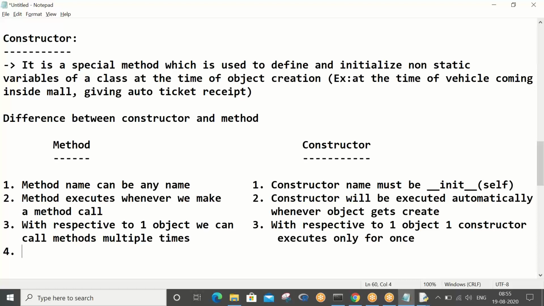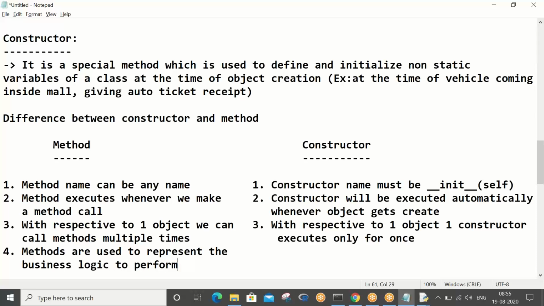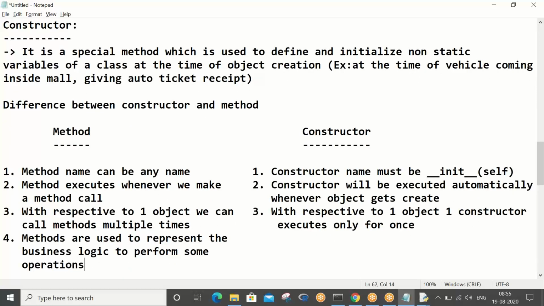So basically, why do we define methods? Methods are used to represent the business logic, to perform some operations. For what do we use constructors?